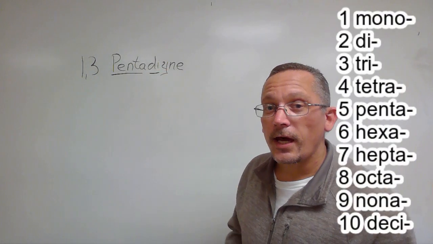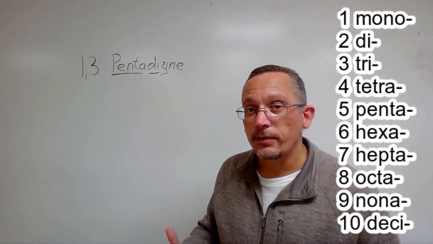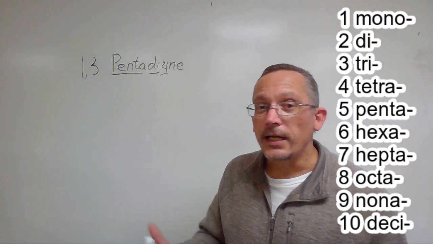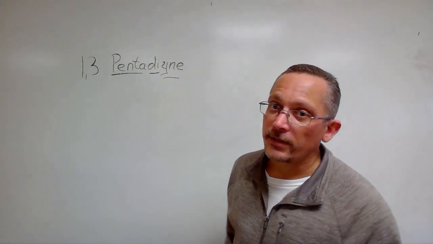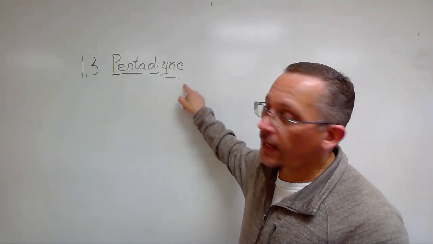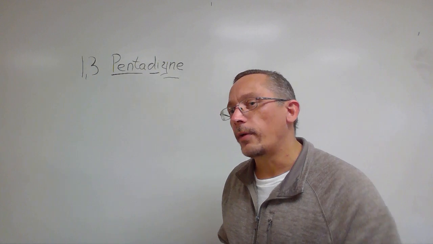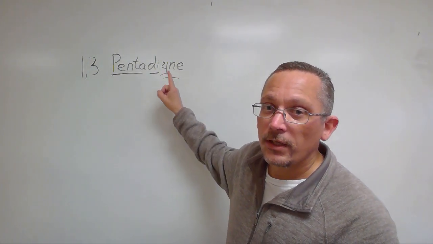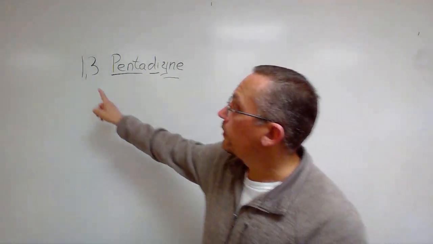Di tells me how many multiple bonds there are. So di is a prefix that means 2, so there are 2 multiple bonds. But that doesn't tell me if they're double bonds or triple bonds. The suffix tells me that. So YNE tells me it's an alkyne, which means it's got triple bonds. So here is a compound with 5 carbons that has 2 triple bonds, and those triple bonds are on bond